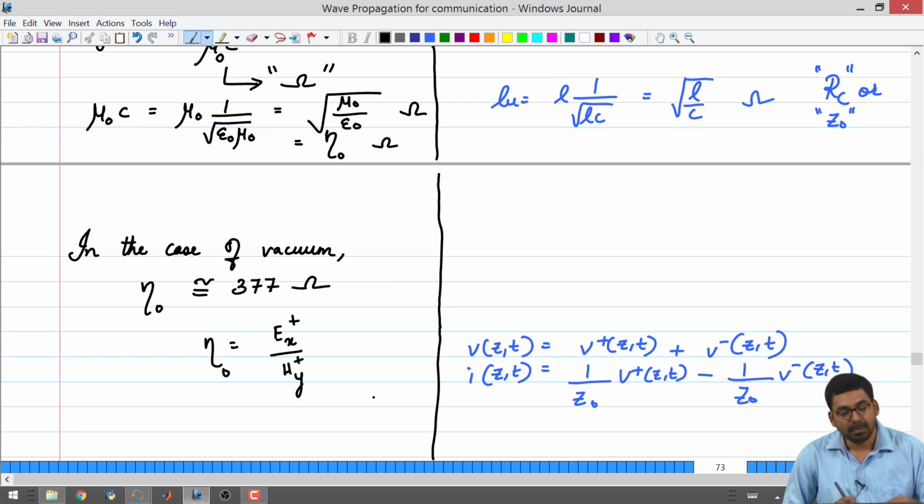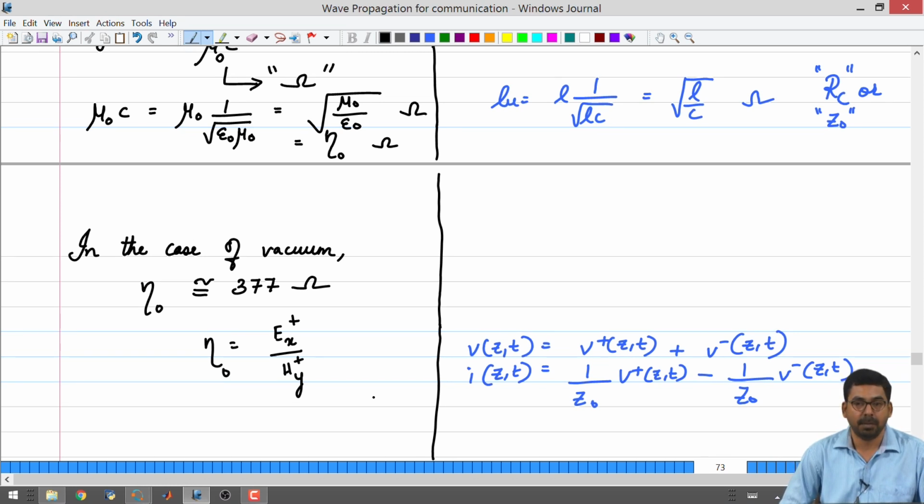Now, in the notes, we have seen that the characteristic impedance of vacuum is 377 ohms, and I also mentioned in yesterday's class that if you have a voltage of 1 volt in your transmission line, corresponding to the resistance, you will get some current. In the case of vacuum, and when you are talking about Maxwell's equations, if you have 1 volt per meter, you will get 1 over 377 ampere per meter,